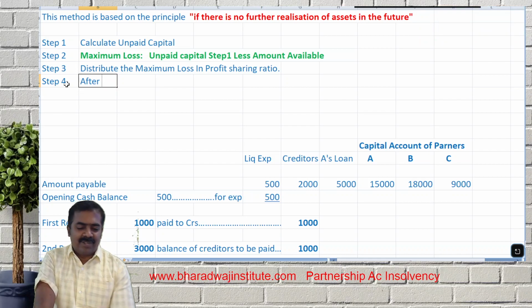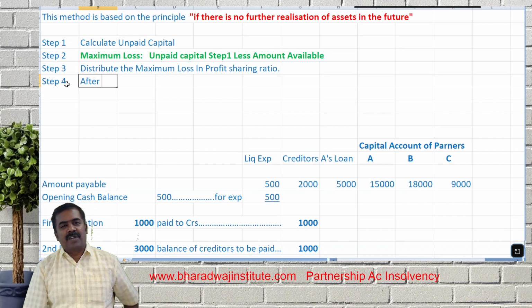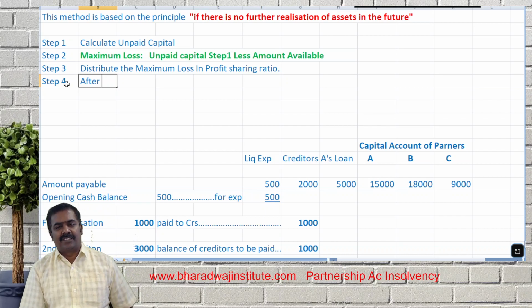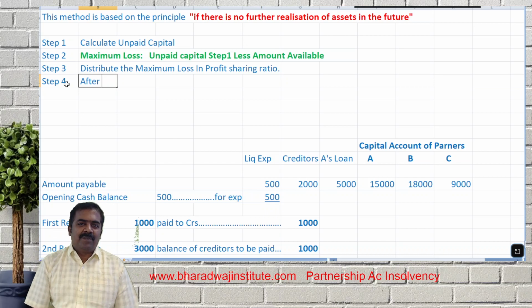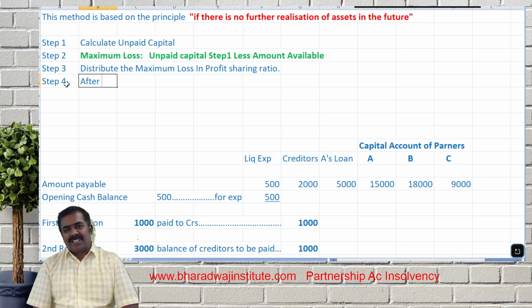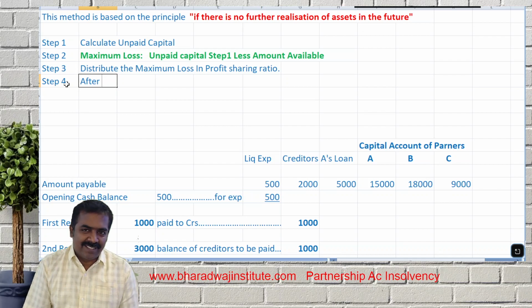For example, you are having 10 assets. Let us assume there is a question asked. You are having 10 assets: land, building, data, stock. Will you be able to sell all the assets on a single day? For example, you want to vacate the house and sell your assets. Is it possible to sell assets on a single day?